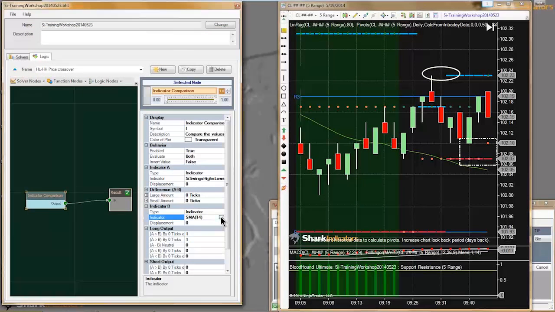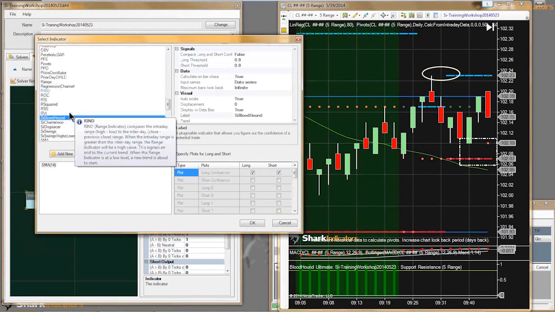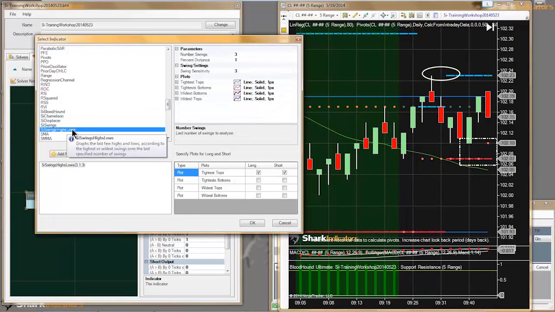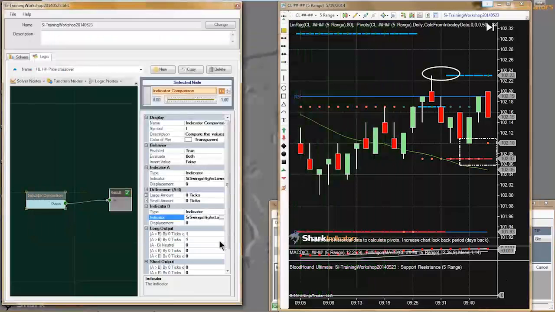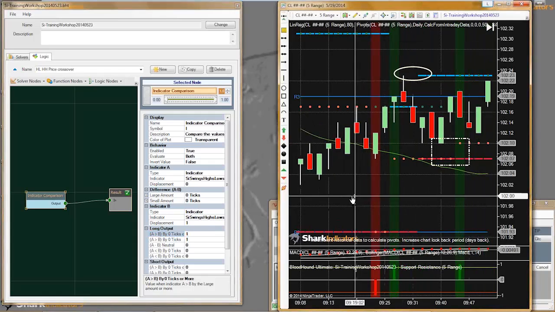Alright, I need to set up indicator B exactly the same way. Change my parameter settings, and set the longs here and the shorts up there. Now we're not going to get anything until we set our displacement to 1. So now if we look at the chart,